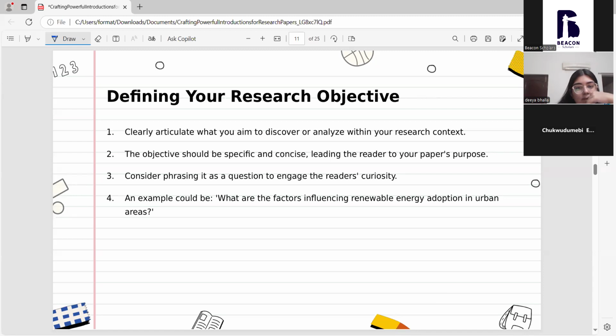Okay, so convey your research focus clearly, and just avoid using vague language or make your objective specific and measurable. Okay,